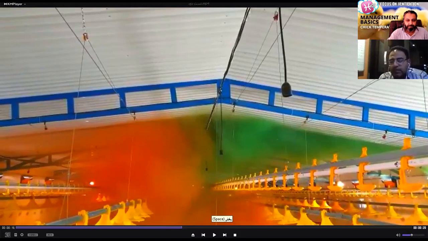If your inlet has a good location and good direction, cold air can contact the roof and move all over the roof and reach the middle, and after reaching the middle, drop to the litter. And this is very important. Pressure depends on the width of the sheds. With wider sheds, more pressure, and with small sheds, low pressure. Yes, and this is very important.